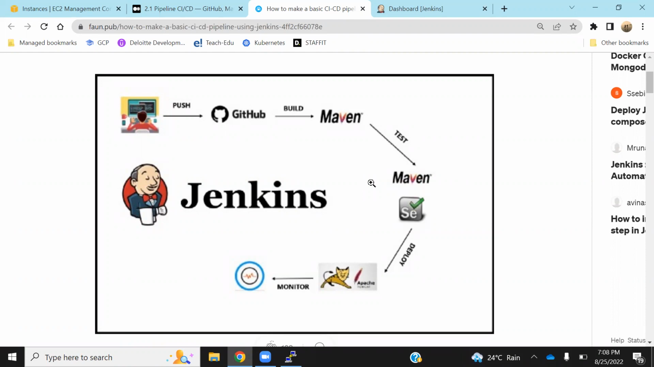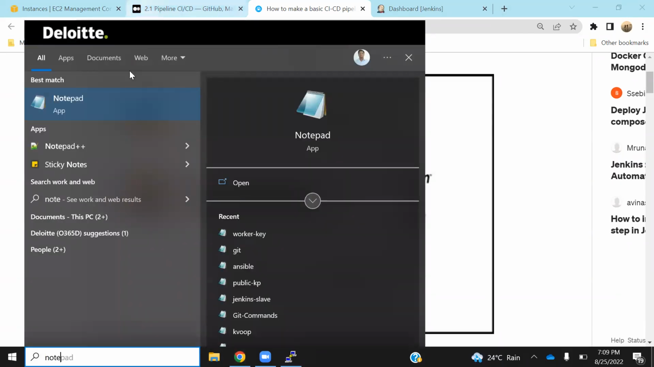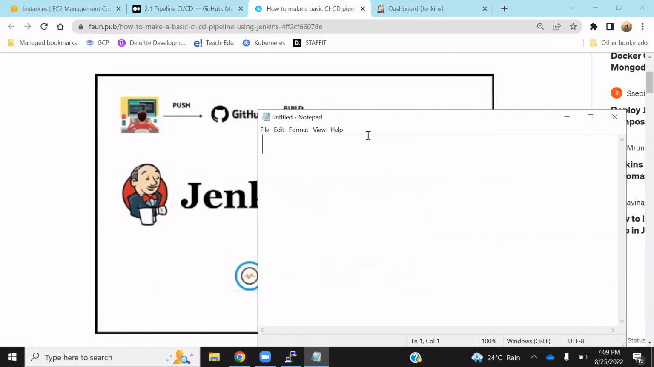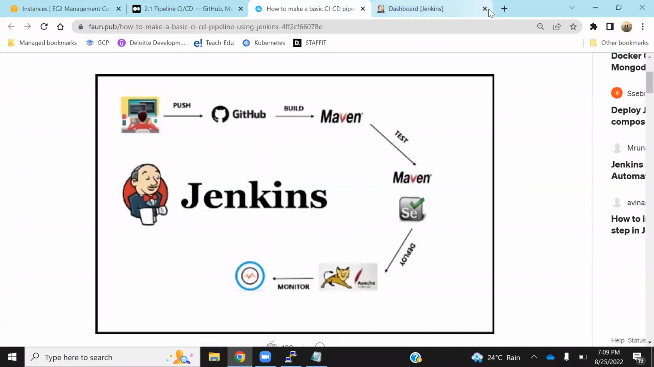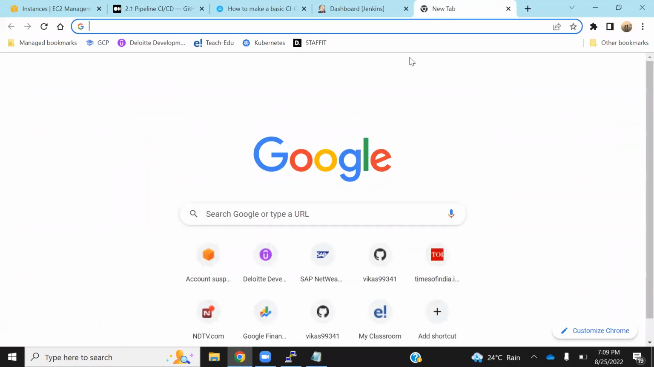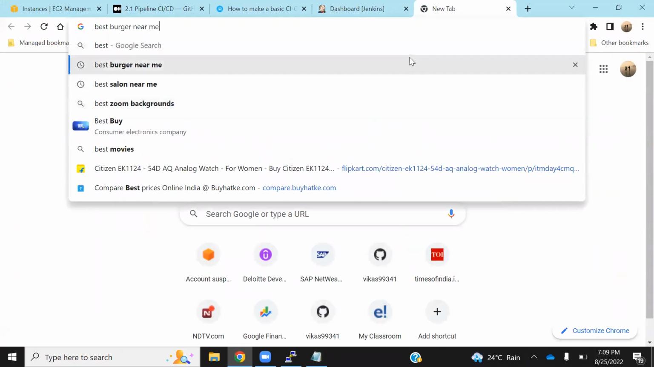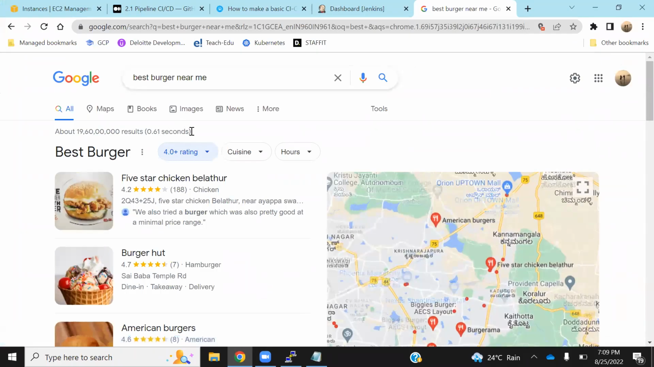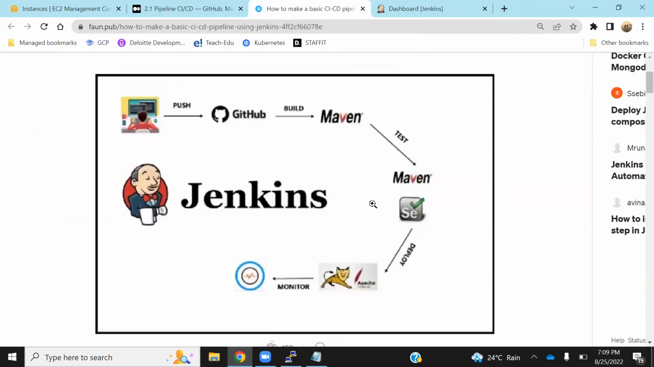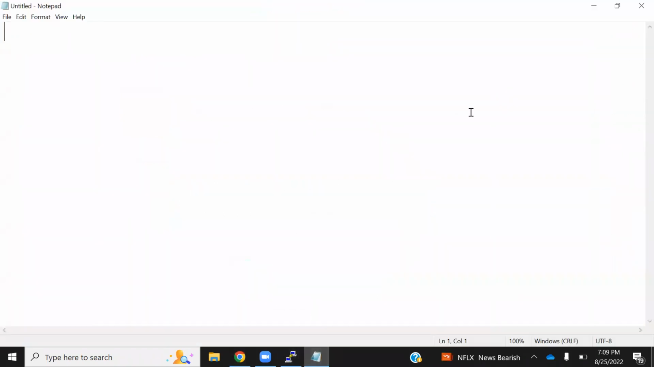Now the question can be asked, what is Tomcat? To answer this question, I will come here to Notepad. When you come to Google, let me say best burger near me. When I say best burger near me, I'm not interested in the result. I'm interested in this latency. Now, why do you think I got this latency? I got this latency because when I write something on my browser,